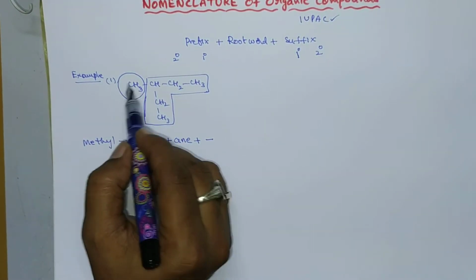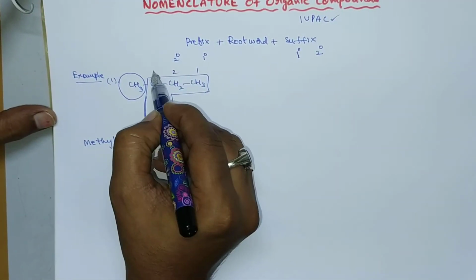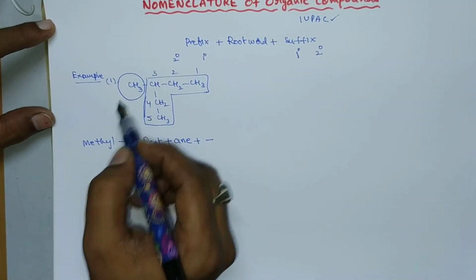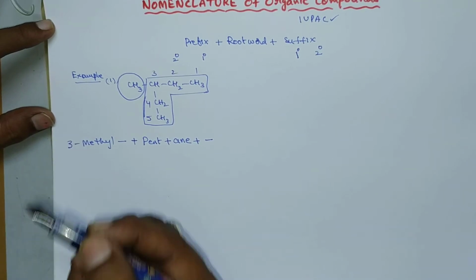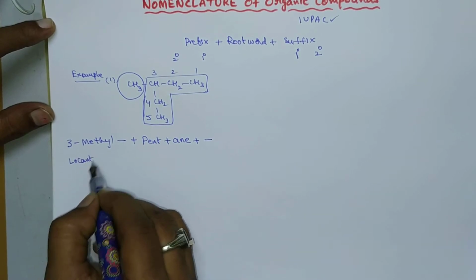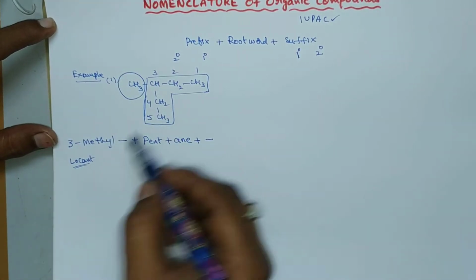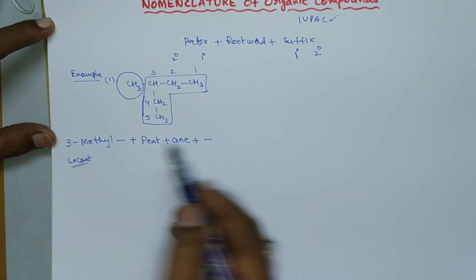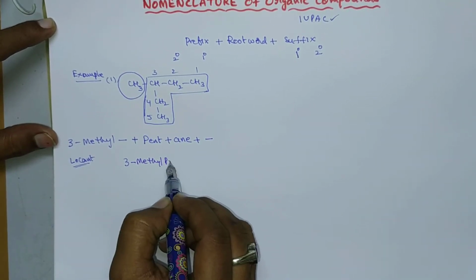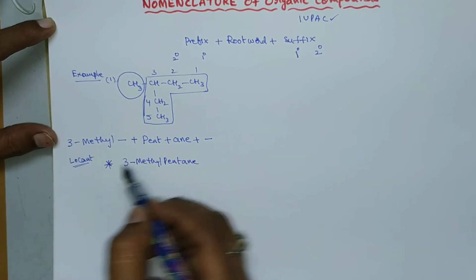Okay. So now we have to mention at which position this methyl group is present. So here 1, 2, 3, 4, 5 carbons are arranged like this. So at the third position methyl group is there. So we have to write 3 at methyl. So 3-methyl. So here 3 is called locant. Locant means which locates the position of substitution or functional group, anything which locates the position is called locant. Here 3 is called locant. So totally the name is called 3-methylpentane. We can write it as 3-methylpentane. So this is the name of the compound.